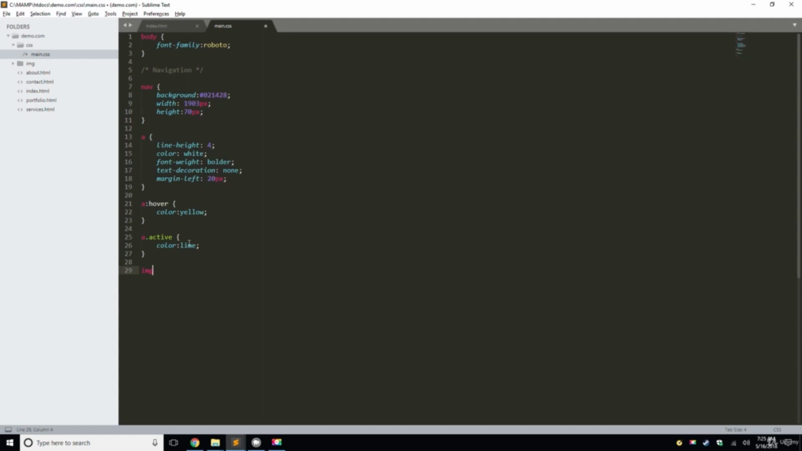So we're going to do image hashtag logo. The hashtag is an ID. So we're going to do margin left 402 pixels. We're going to do a margin right 20 pixels, and we're going to do a margin top 14 pixels. Okay, so we got all that, and we're going to give the